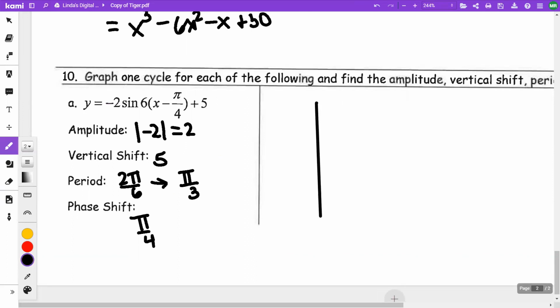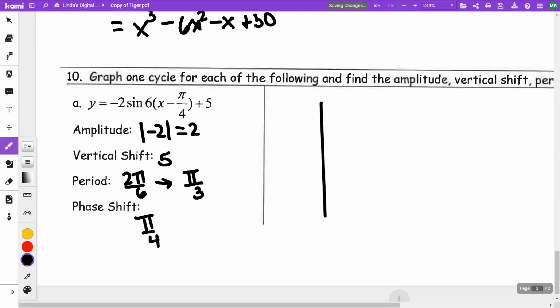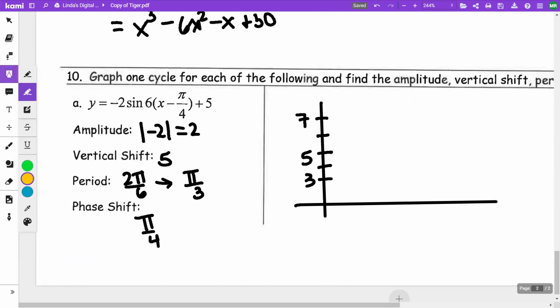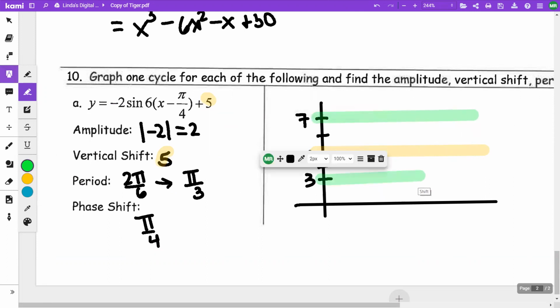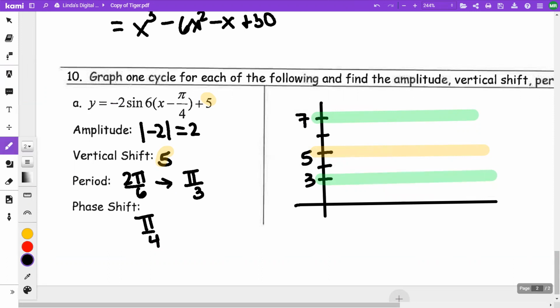So when I'm doing this, I need to get up to 5. And then I'm going to be going 2 above 5 and 2 below 5, which is going to be a 3, sorry. And my 5 is going to be my center because that's my vertical shift. My 7 and 3 are my high and my low. This is a sine. It's going to be starting at pi fourth, and that's 1,